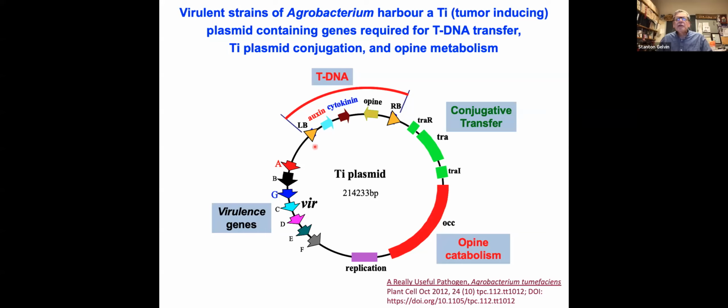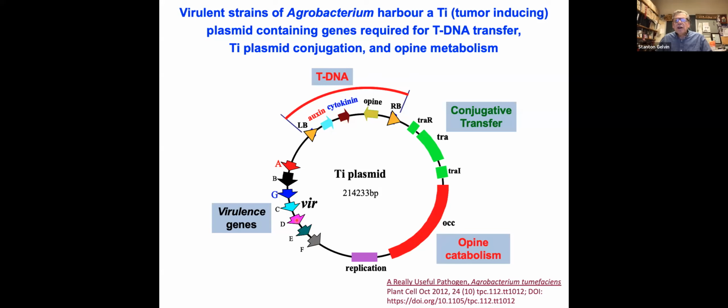In order for the T-DNA to be able to transfer to the plant, it requires a number of genes called virulence genes. I'll be talking about some of these virulence genes in a few minutes. In addition to transferring the T-DNA region to a plant,